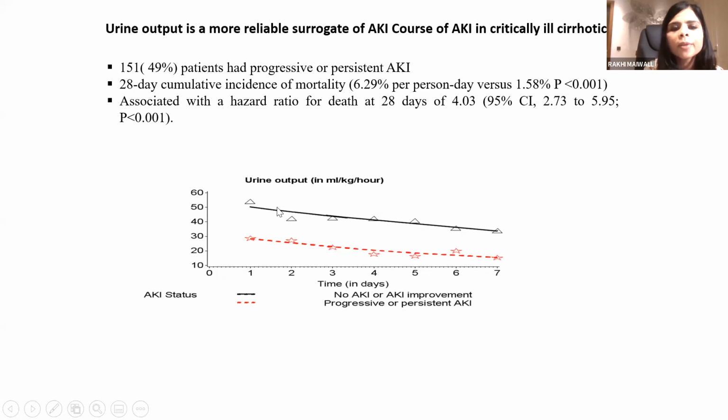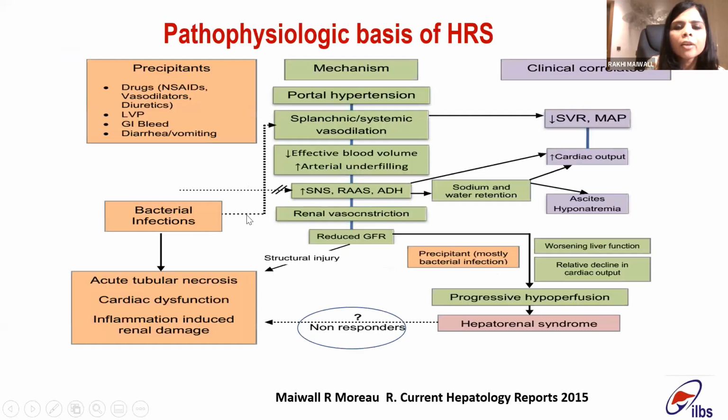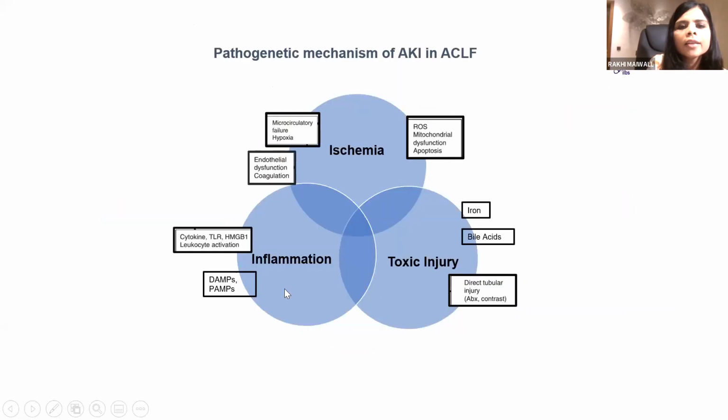So if you're managing your patient of liver failure in the ICU, it is better to go with urine output, look at the blood gas parameters, and don't wait for the serum creatinine, because serum creatinine is not very reliable. Now, the pathophysiologic basis, I'll not go into the details, and these are all the factors which have been nicely covered. And what is important in case of acute on chronic liver failure, we have to also look at some